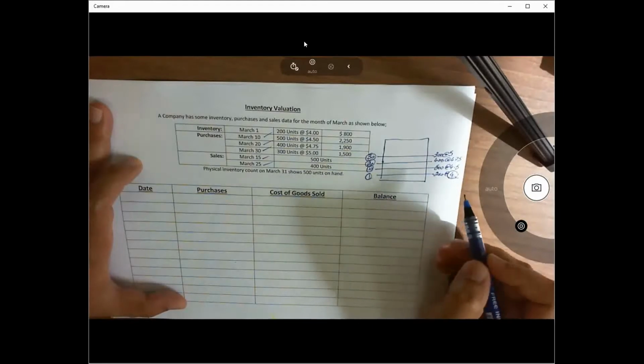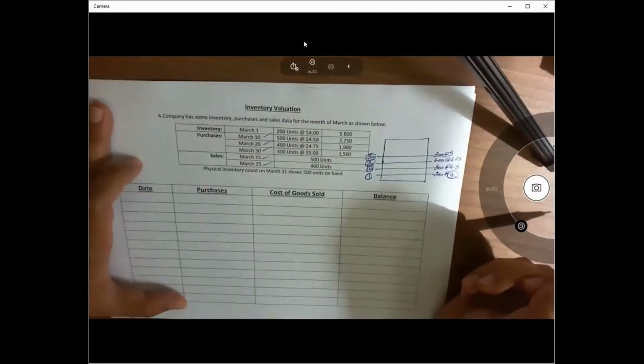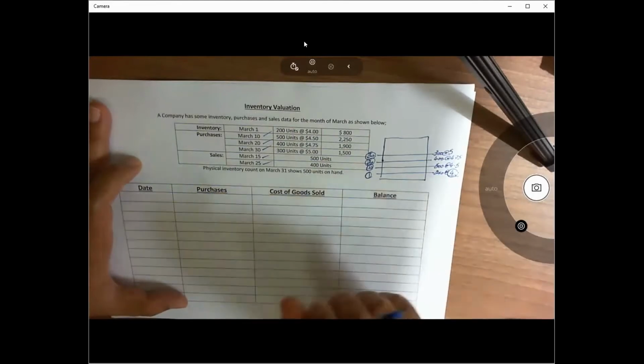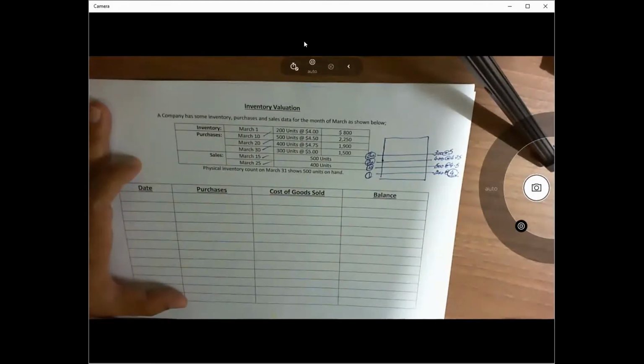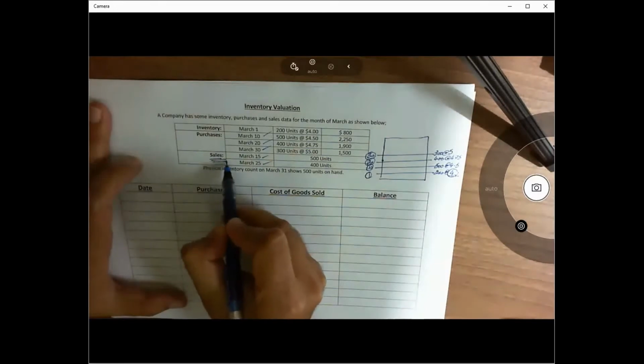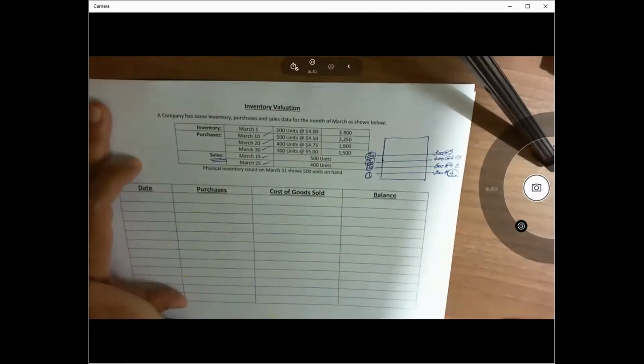Now, by the way, in all these inventory valuation techniques, LIFO, FIFO, weighted average, when we purchase inventory, there is no effect on the income statement or balance sheet. We will record the purchases at the value at which we purchase them. So there is no impact of these things. The problem comes when we sell something.